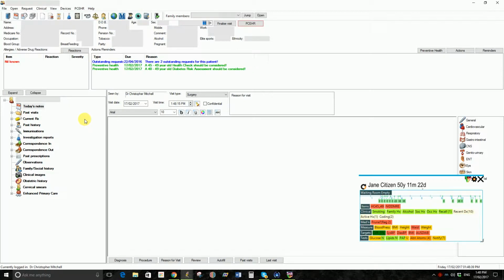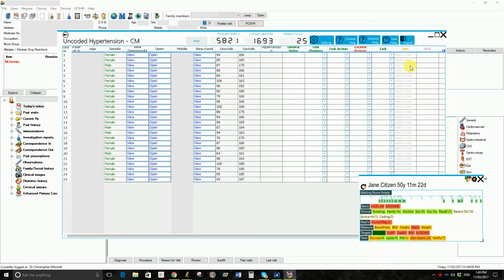And as we all know, high blood pressure shouldn't be diagnosed on the basis of one reading, but where there's multiple readings, it's perfectly reasonable for us to now code this patient with hypertension and then start an appropriate strategy in terms of managing her risk. Now, if we go back to the task flow,